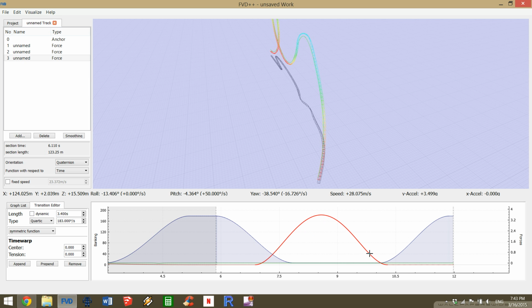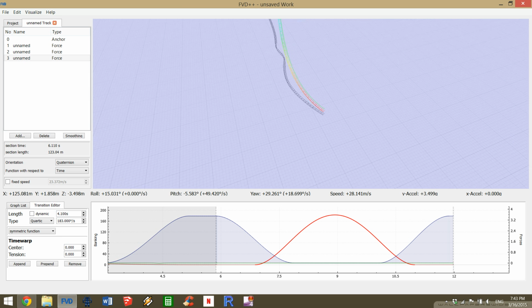So we can just reduce the first one and increase the second one, because the third one is going to be automatically symmetrically shorter. So you can put something like this until those spaces are equal for this to be symmetric. But see that as we are dealing with roll speed, if we maintain the roll speed but increase the length, it means that there's going to be a higher roll at the end of the track. You can see that it's more than just 360 degrees in total. So you can just reduce